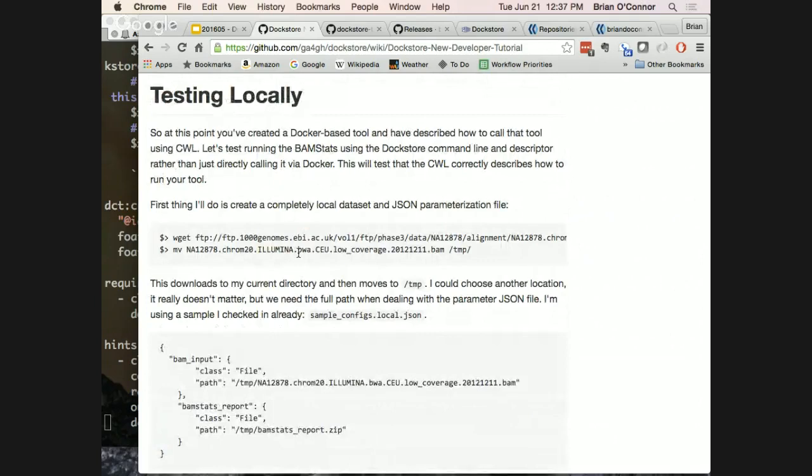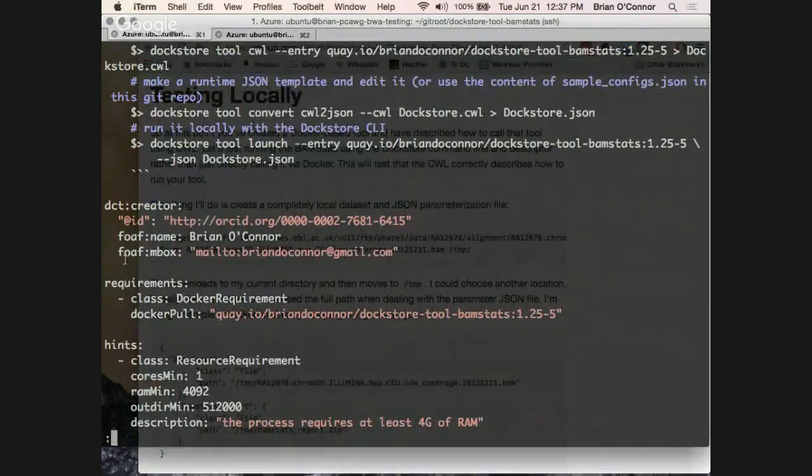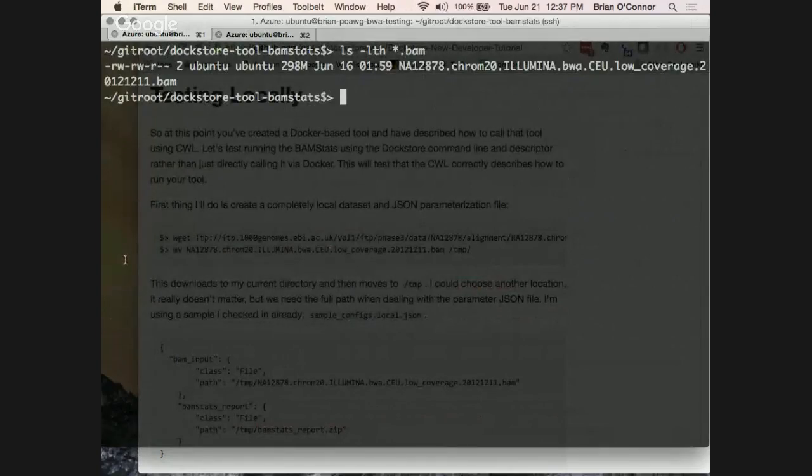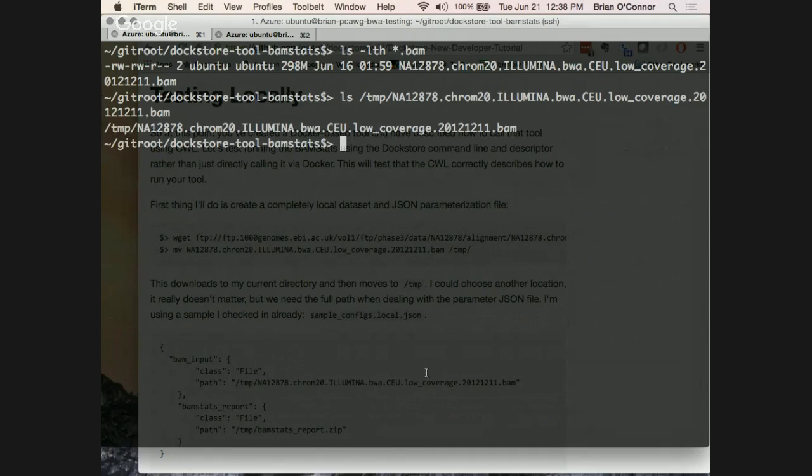And again, much like creating a Docker, the local test is going to be a sort of multiple rounds of testing. So you're going to test locally, fix problems, test locally again. In this case, I've already downloaded the sample BAM file, so I have that ready to go. And I've already created a copy of that in the temp directory, which is going to be the path that I use. Furthermore, I've created a sample